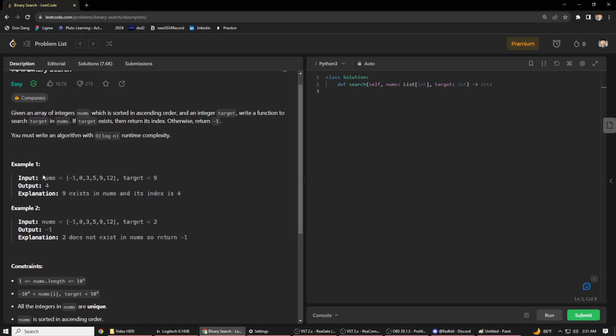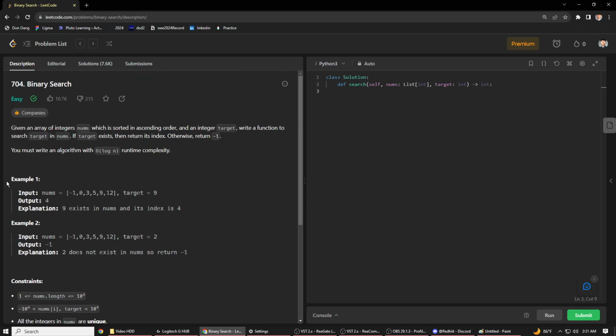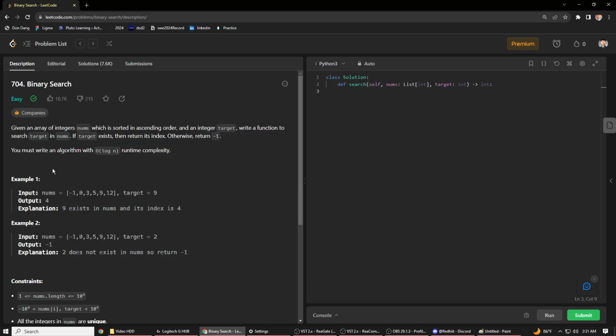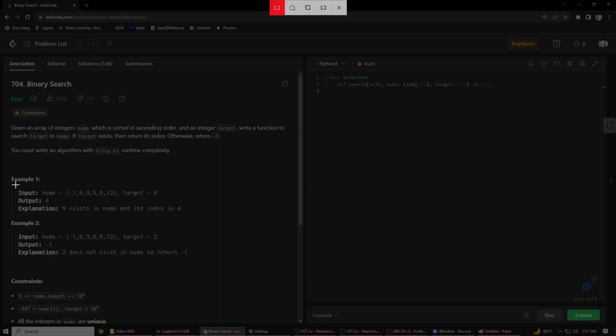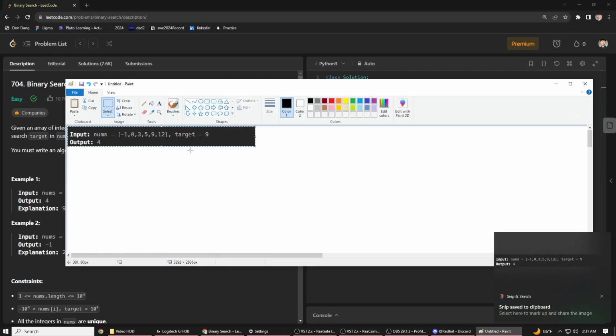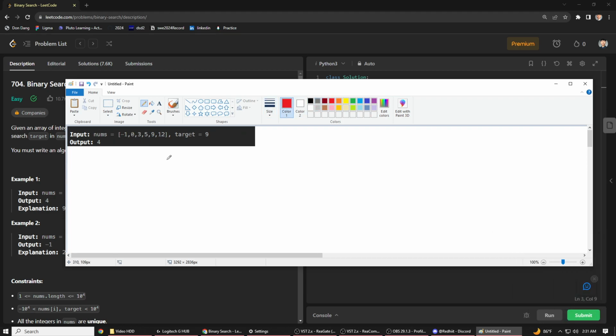So basically example 1: input nums is -1, 0, 3, 5, 9, 12 and the target is equal to 9, and the output is 4. And here, I'll show you guys a visual explanation of how binary search works real quick. Okay. So basically, how binary search works is that there's always a middle value, and you would need